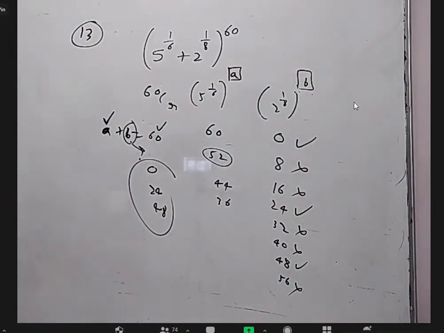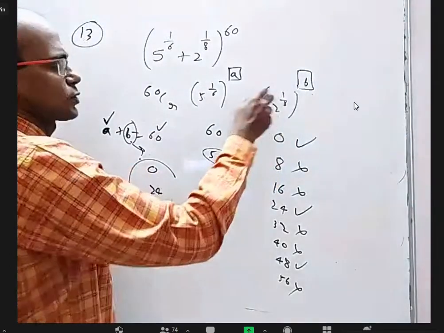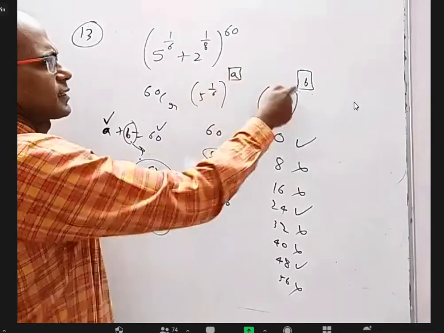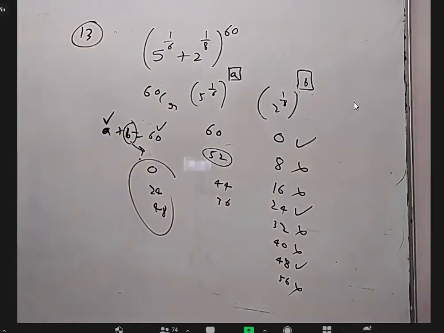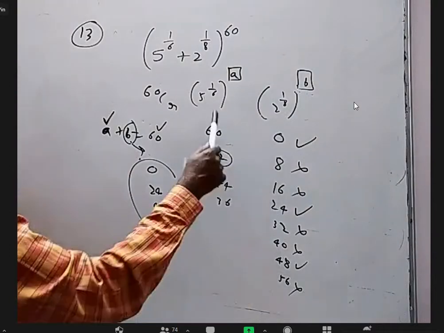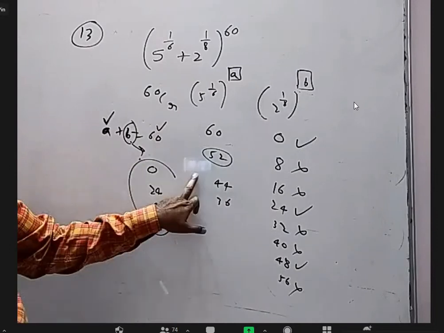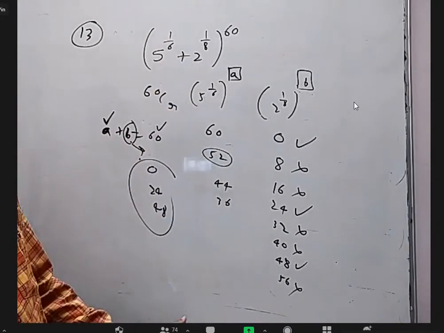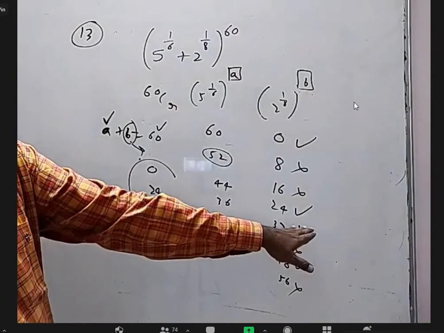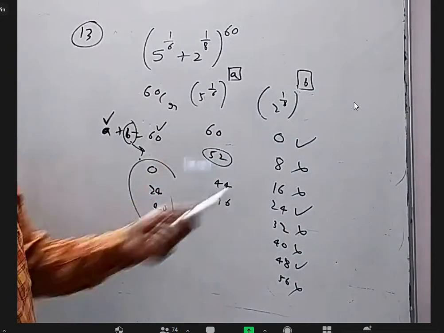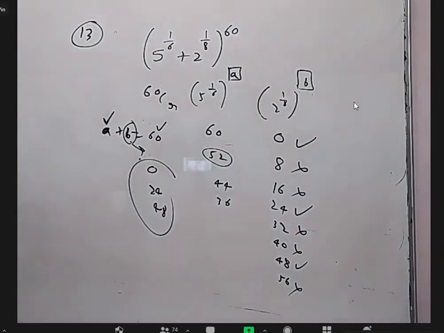So how to do this kind of question is very simple. Just see the power of this should be suitably taken. The power of this should be suitably taken. The sum should be this. Try to analyze the case. Here I fixed B value first and then found A values and see which are right, which are wrong. Somebody can say I'll take here 0, 6, 12, 18, 24, all the acceptable powers here, find the corresponding 60 minus that here and see which are multiples of 8. Without all that, I told you another logic. It's only a matter of your understanding.